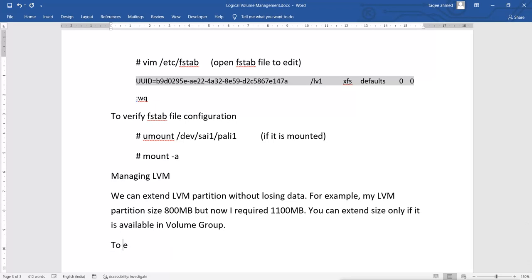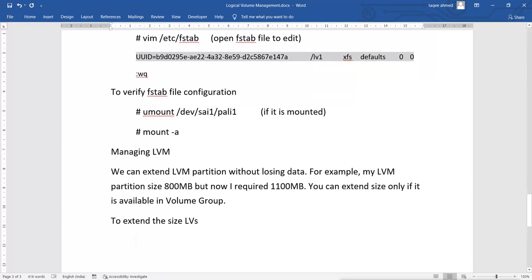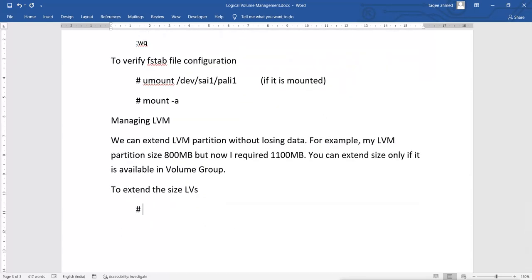To extend the size of LVM or LVs, we use this command, lvextend. lvextend is the command to extend the size of an LV.